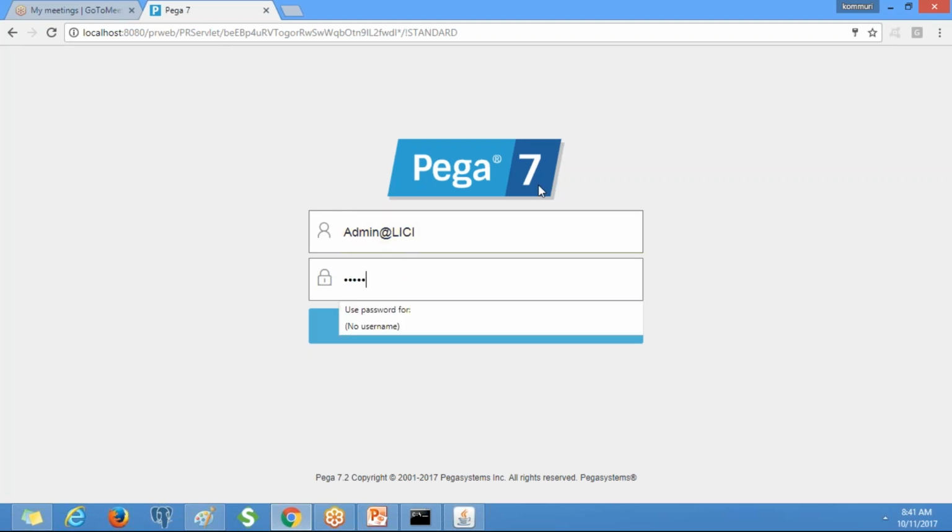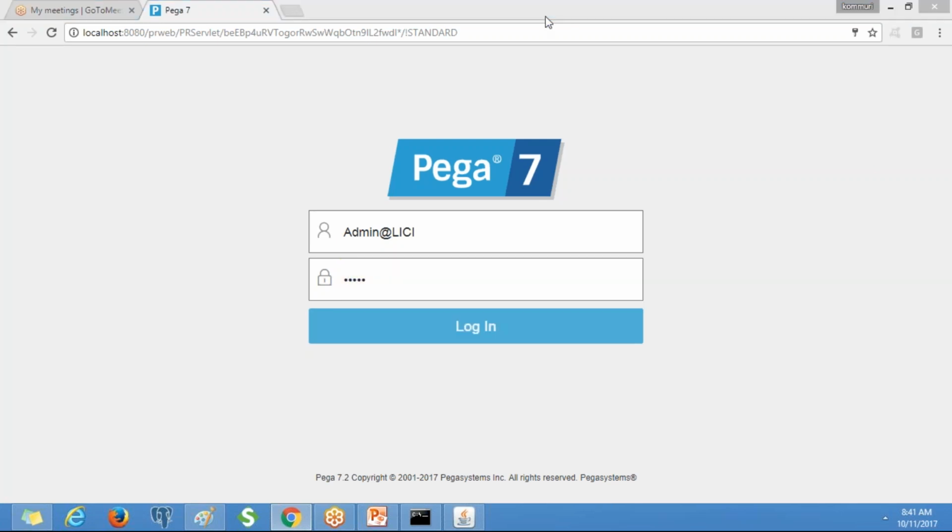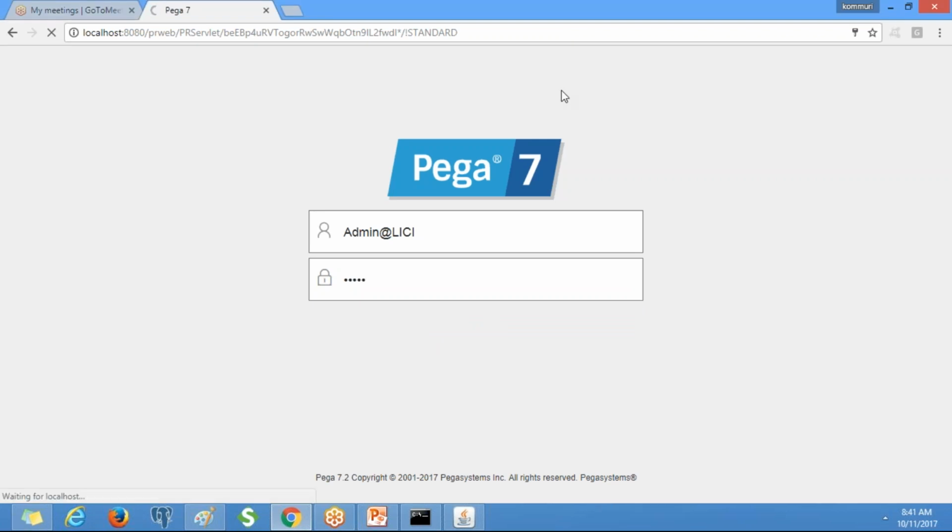By default password will be rules one. Now click on login.